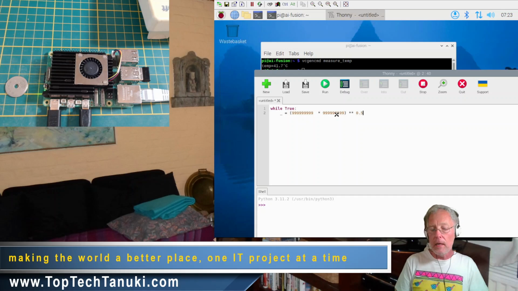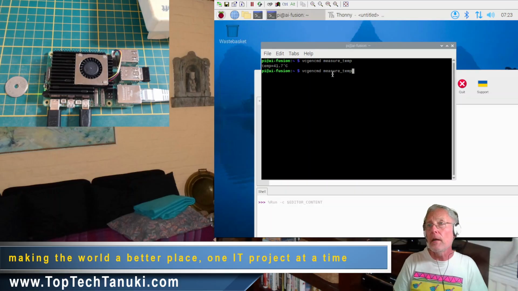Yes, okay, and we run this while we do nothing. So it's running, and if I update the temperature here, 43.9,